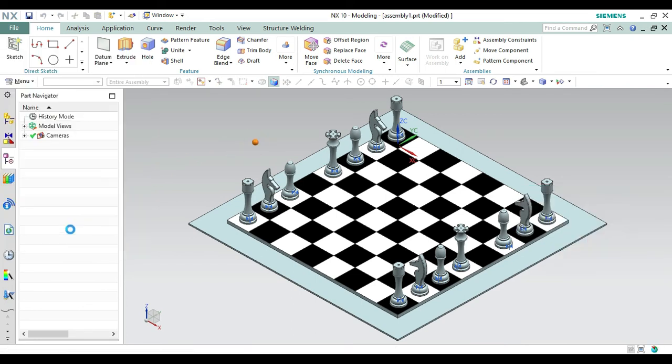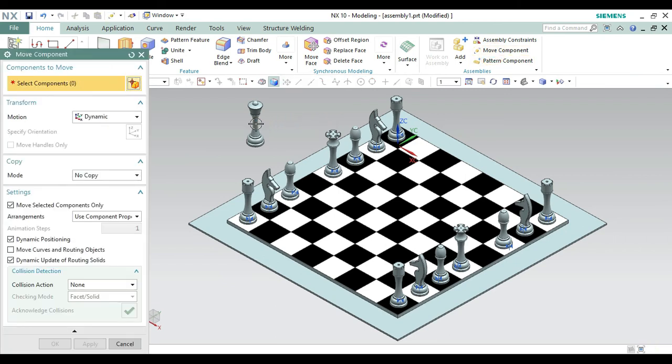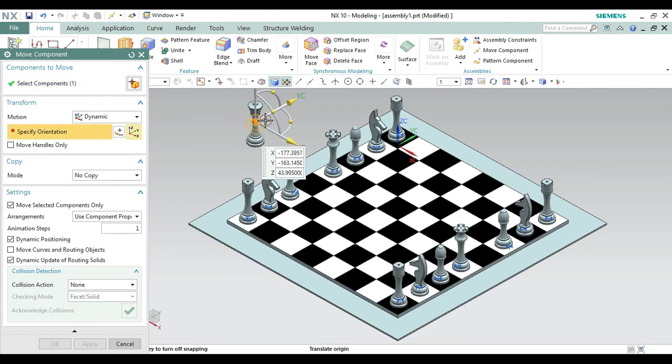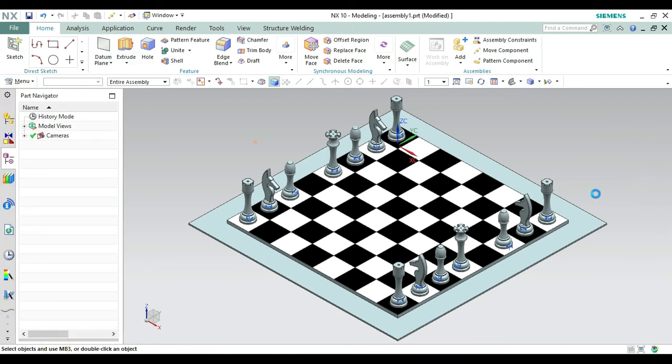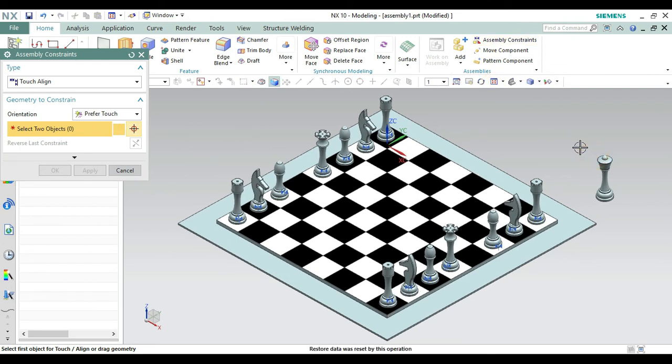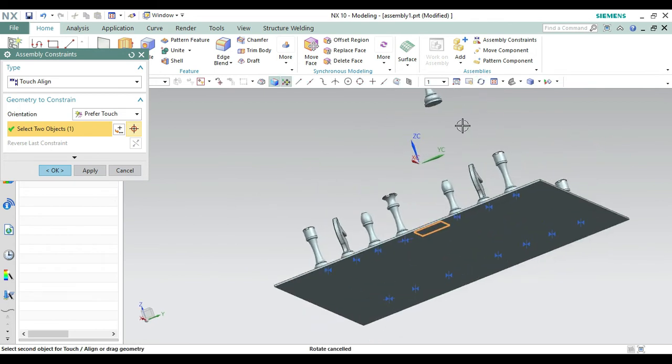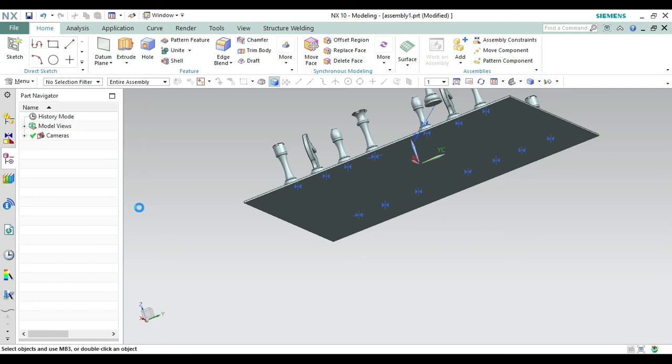Cursor, let's be here. Okay, again going on to the move command. Let's do it, specify this, drag one. Okay, I haven't made that copy, so let's first do one and then again bring. So from here select this face, reverse the direction, select this edge, make it okay.